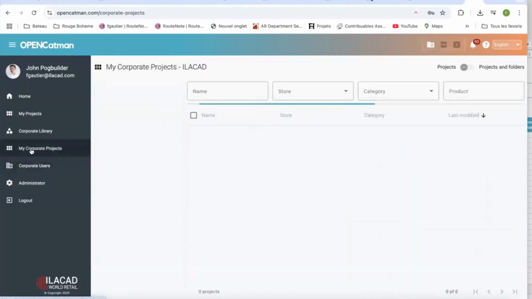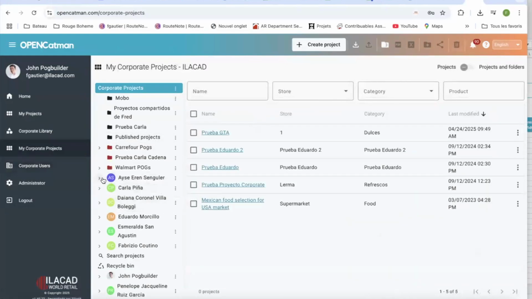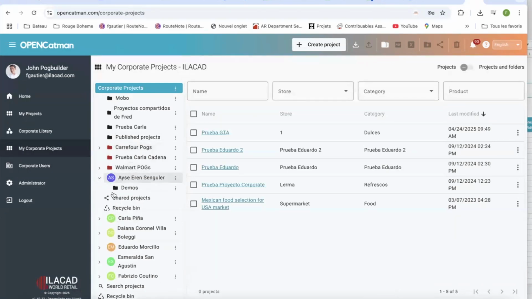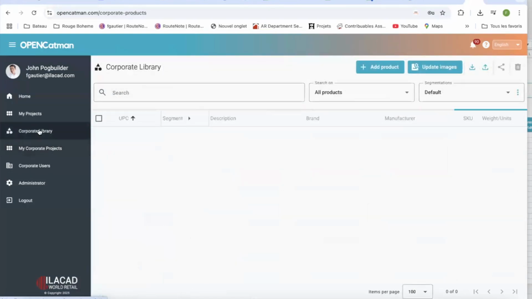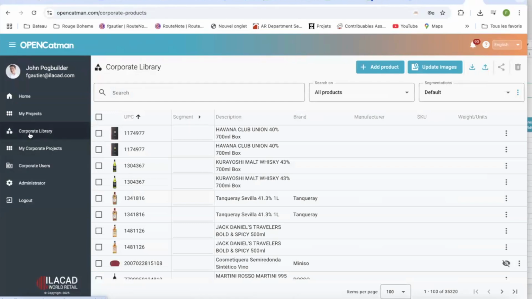Those people, I find them again here as I am the administrator of this company. I can access their projects. So all the projects are all together and somebody can access those projects and the corporate features. So what is the corporate library for? The idea is exactly the same as for one user, but in that case, as I am working with the corporate library, as any user